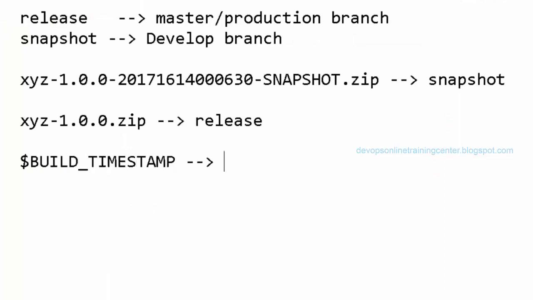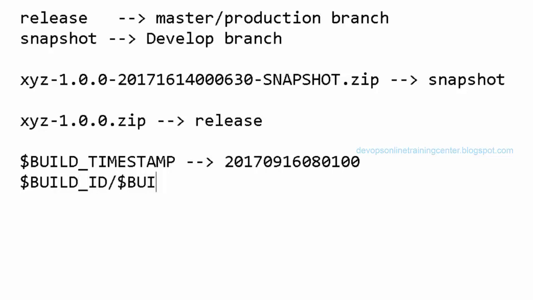If I use the variable anywhere, it will be replaced with something like 2017, the current month 9th, date 16th, hour let us say 08, and minute and second. There are a lot of variables inside a Jenkins job which we can use: build ID or build number. What is this? This is actually the build number of the job.